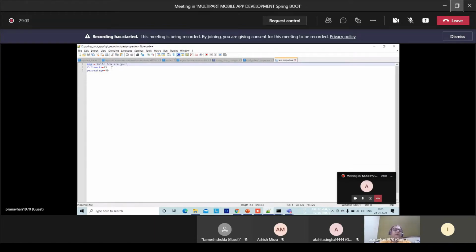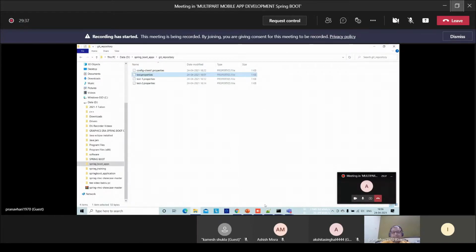Any information which my microservices are going to fetch from the cloud. Full marks 95, percentage 89. That means any information of a student or something like that, any kind of information that needs to be fetched from the cloud, I have given. This is one of the property file samples. Okay. Now we will see the steps.